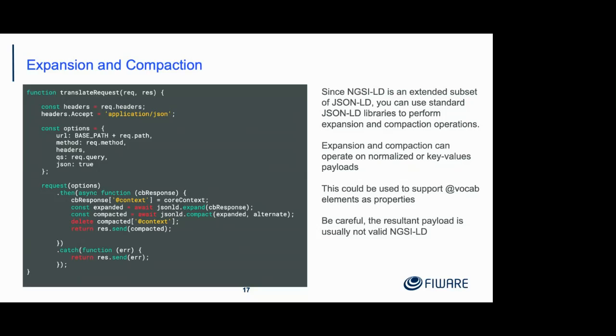extract, let's say I have a cow which has got a string value for the sex, and I want to make it an enumeration. I could do this through an expansion and compaction operation. So it could support vocab elements. So I could make the gender a URI rather than just a string. You can operate on either normalized or key value payloads, because the payload you get back, provided you've got the context,